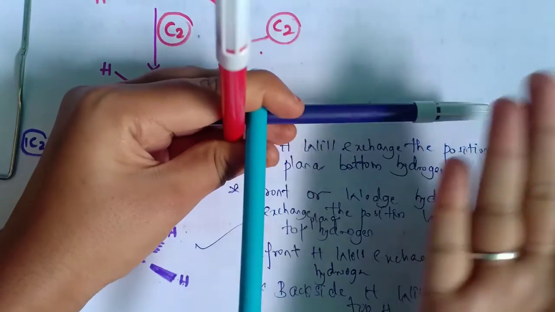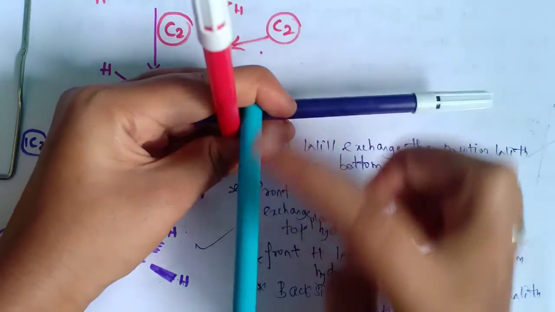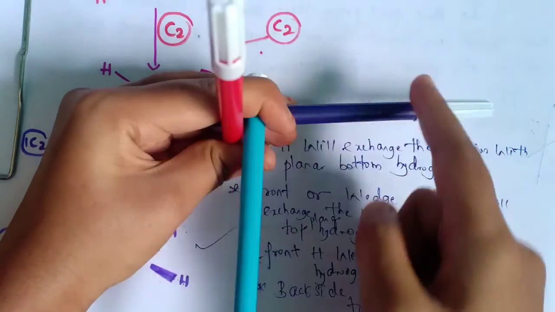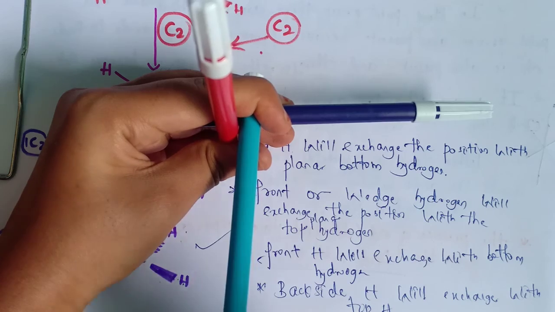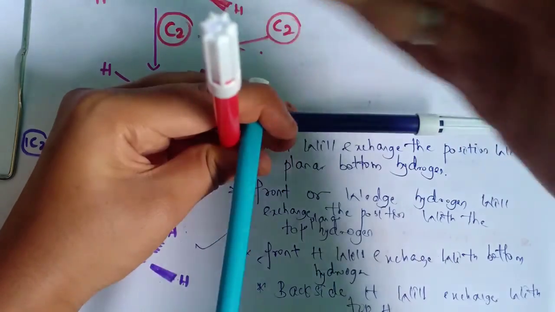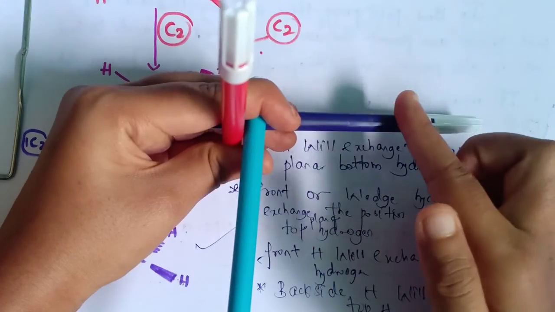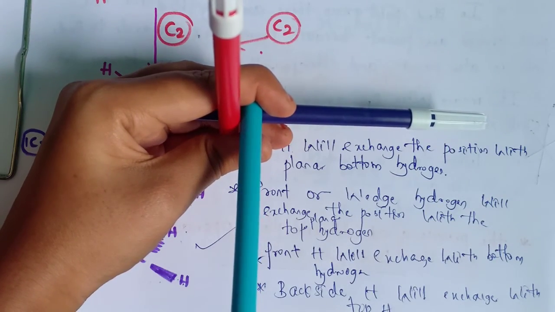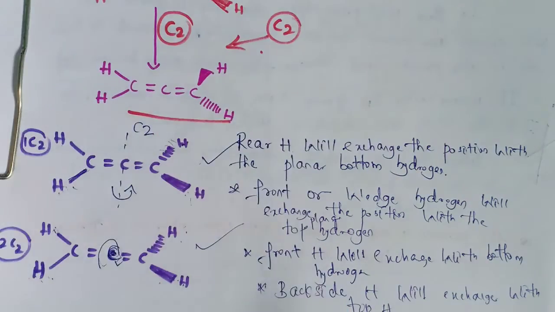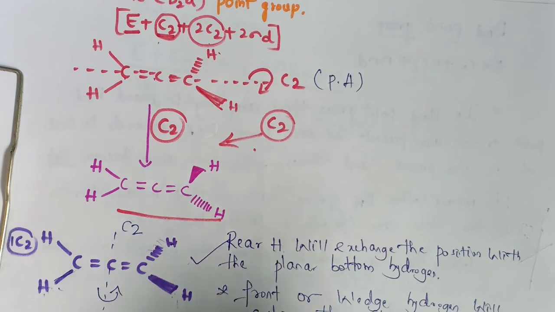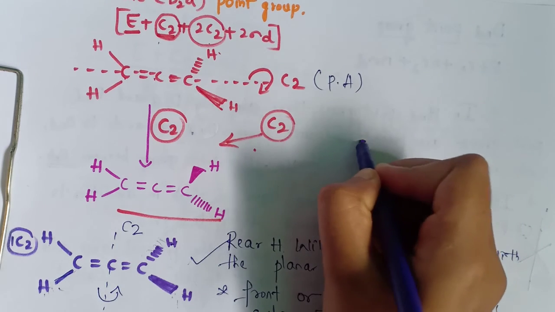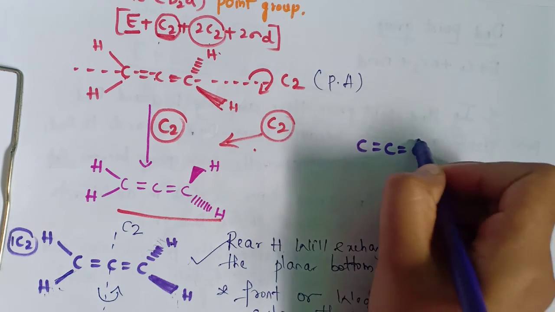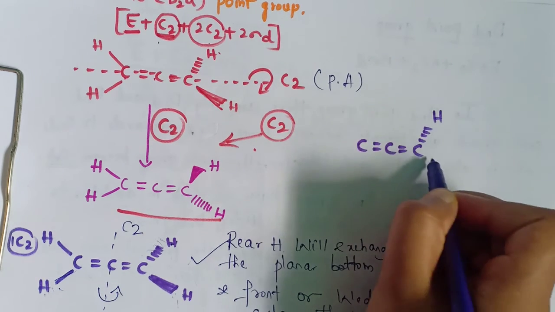It is bisecting like this, and the other plane is passing like this. So it is bisecting this one and this one. See here, it is bisecting like this. So these are the diagonal planes. See, between this and this one, and between this one, and like this. These are the two diagonal planes present in the halene. It is very difficult to understand as this structure is somewhat complex. So I will try to make you understand.